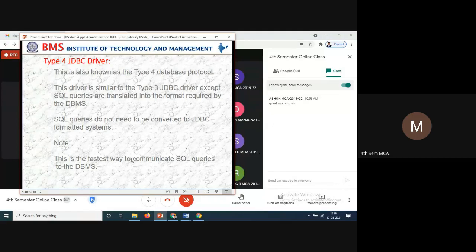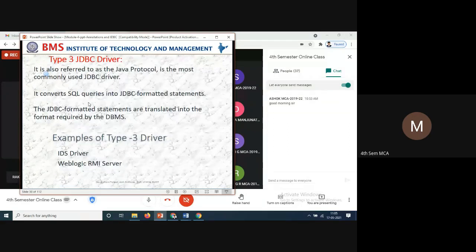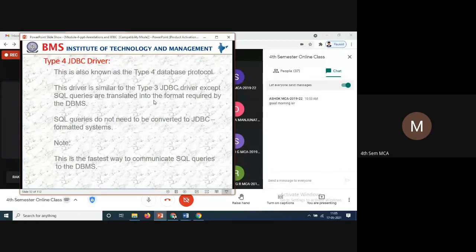In the previous slides, SQL queries were translated to JDBC. Here, SQL commands were converted to JDBC. But now, SQL queries are translated directly into the format required by the DBMS.